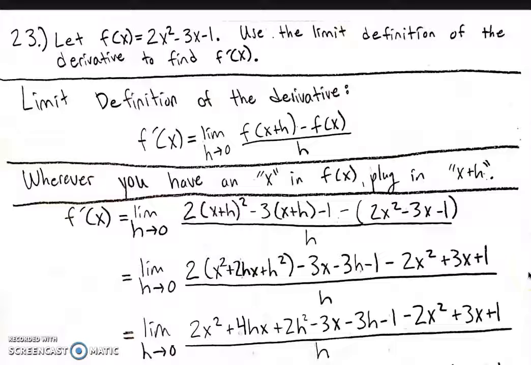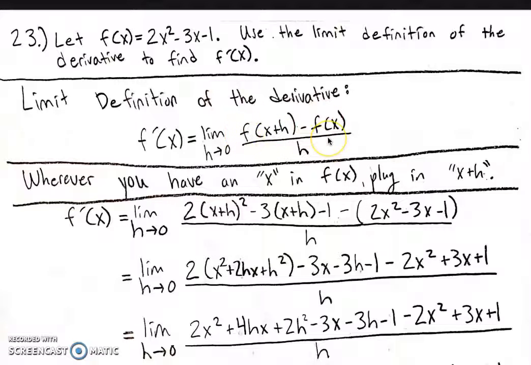So the first one I did was number 23 from the final exam review, and that question was, let f of x equal to 2x squared minus 3x minus 1. Use the limit definition of the derivative to find f prime of x. And below that, right here, I've got listed the limit definition of the derivative: f prime of x is equal to the limit as h approaches 0 of f of x plus h minus f of x